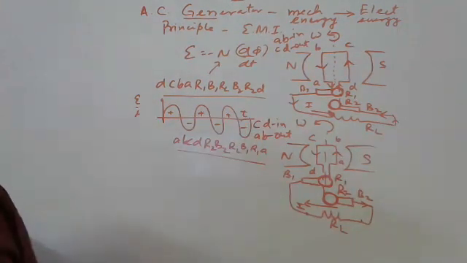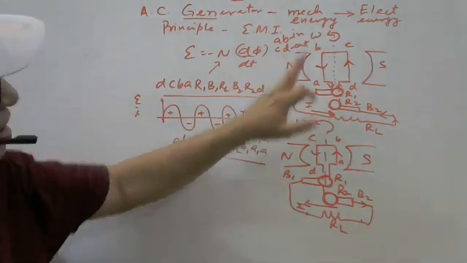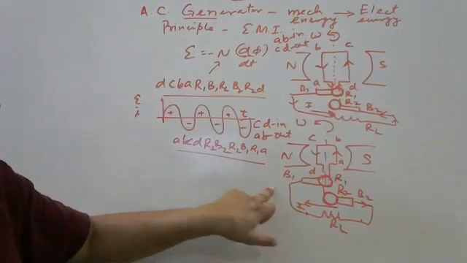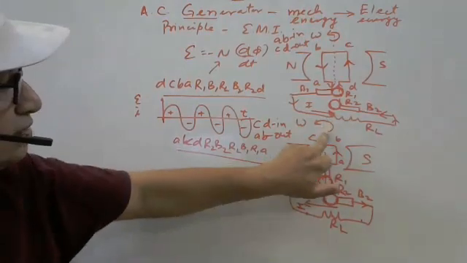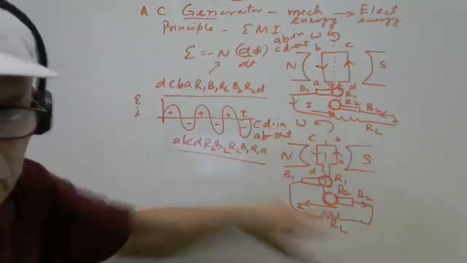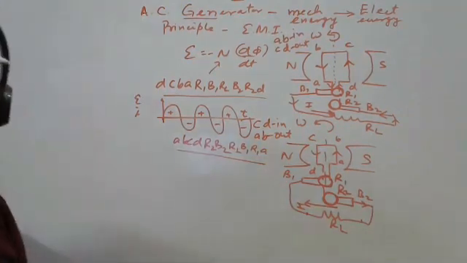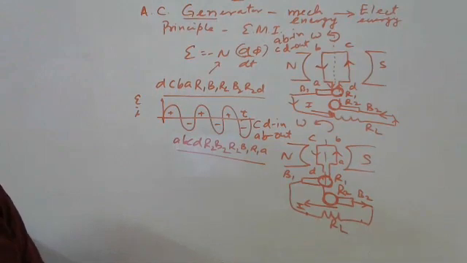Any doubt in this? We have taken two parts. Half part for this, and after half rotation, the sequence of current is just reversed in the load resistance. We are getting the current from left to right, and after half rotation, just reverse, right to left. That is why we are getting AC. Any doubt here?